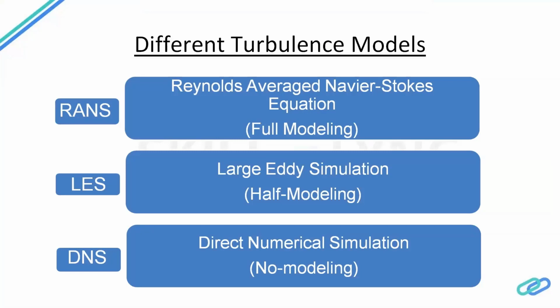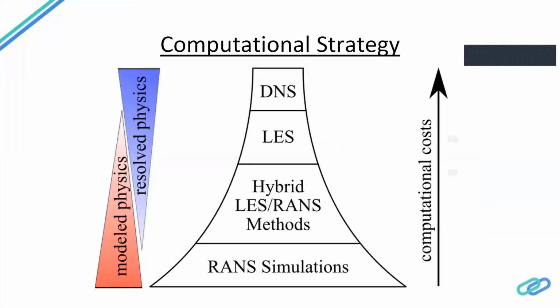So we define a few particular parameters for a particular number of cells. Below that, the value has to be averaged, and above that, it has to be a large eddy simulation, which is usually time consuming. But when we go to the DNS method, it is direct numerical simulation, where we do not average out the parameters. The DNS method is only used when we are going for any kind of research work. But if we are in any industry purpose or any project, we usually have deadlines, where we opt for either the RANS method or LES method depending on the importance of the project as well as the parameter which we are planning to determine. So this is a computational strategy.